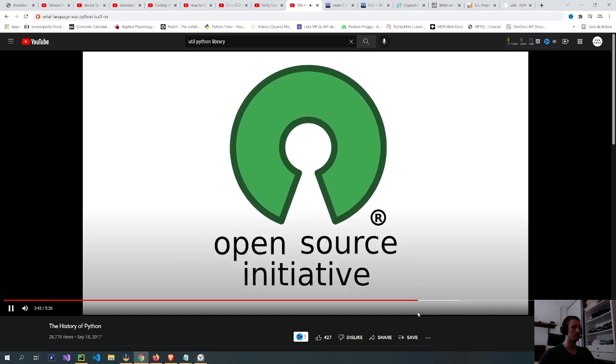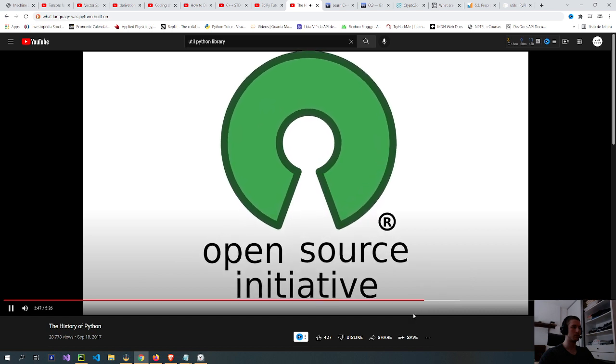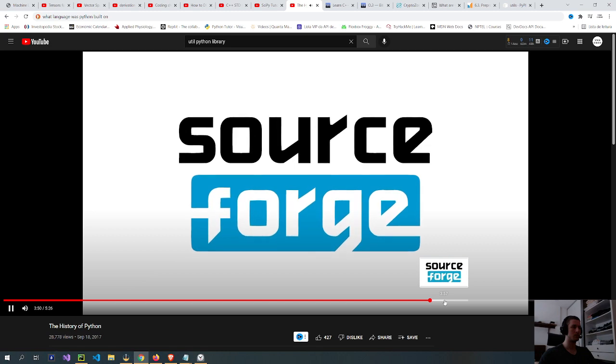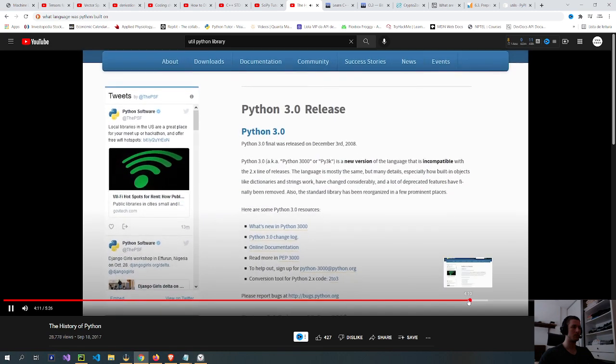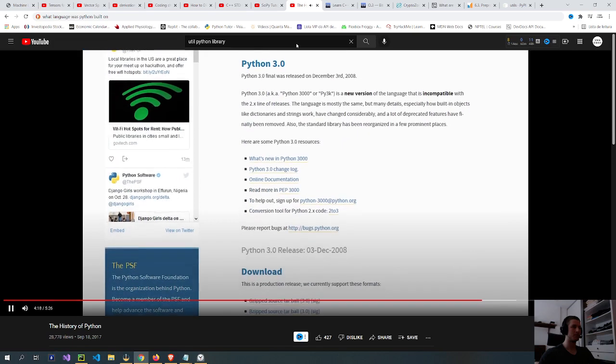With 2.0, Python became more like a standard open source project that would have a life after Guido. Python was moved to SourceForge, granting CVS access to more people and providing an easy way to submit patches and bugs. It was Python 3.0, sometimes called Python. Instead, Python 3.0 opted to